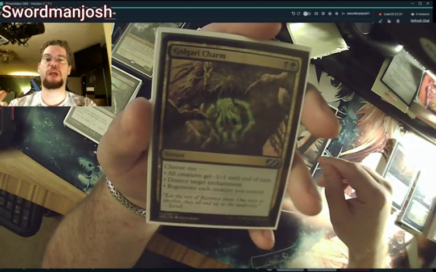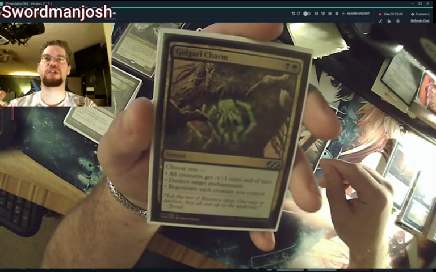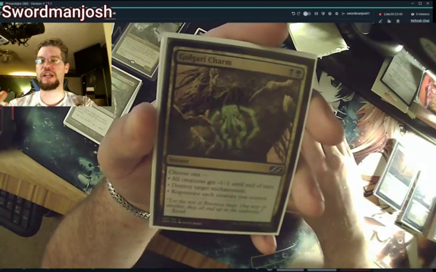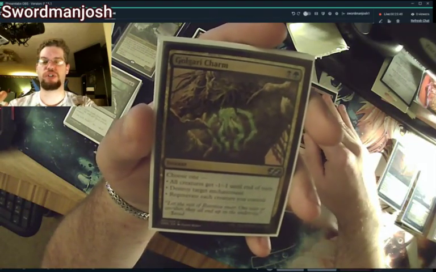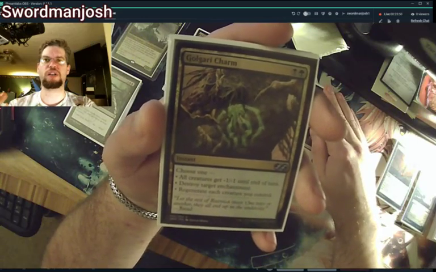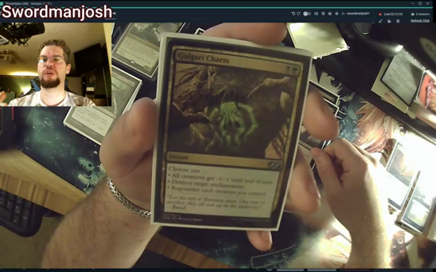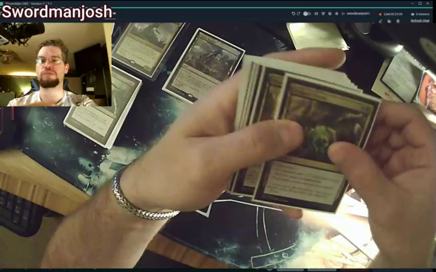which could possibly help against certain board wipes where it says creatures can't be regenerated or something like that, to save your board state. It's actually happened once where I used this to regenerate all of my creatures. It was one of the white creature removals that didn't stop you from regenerating creatures, it was just destroy them, and I managed to keep my entire board state with this card. So great